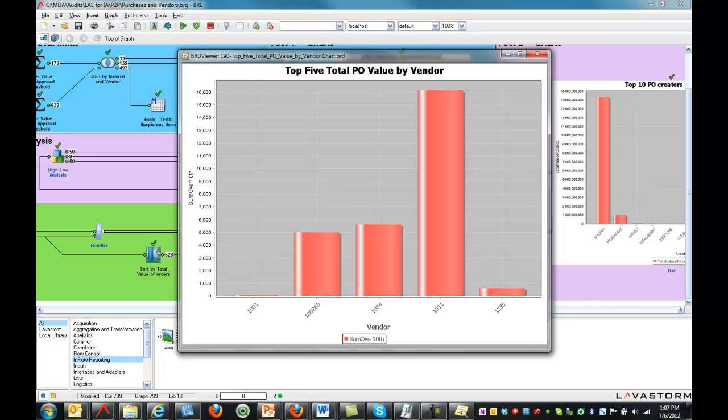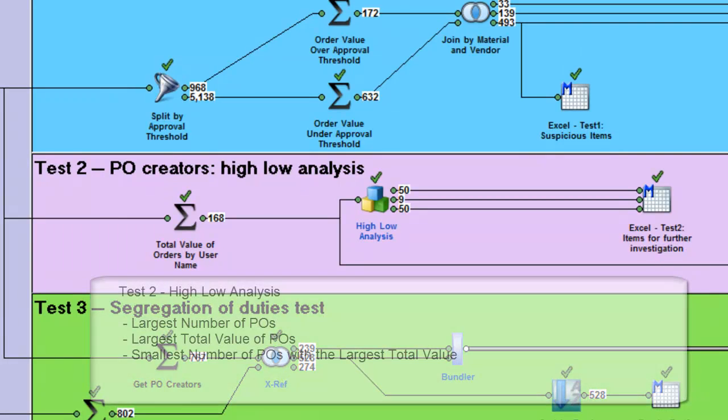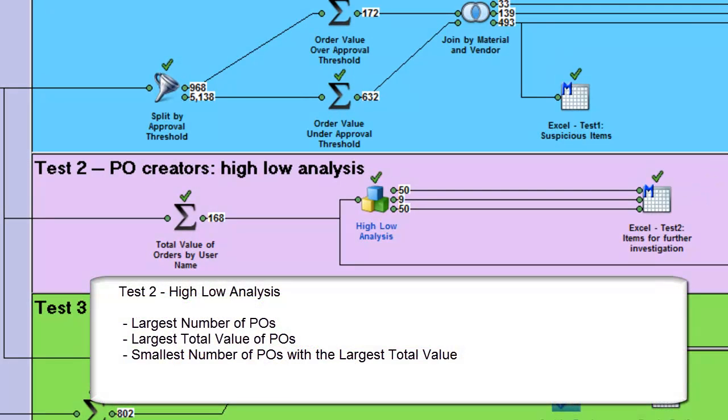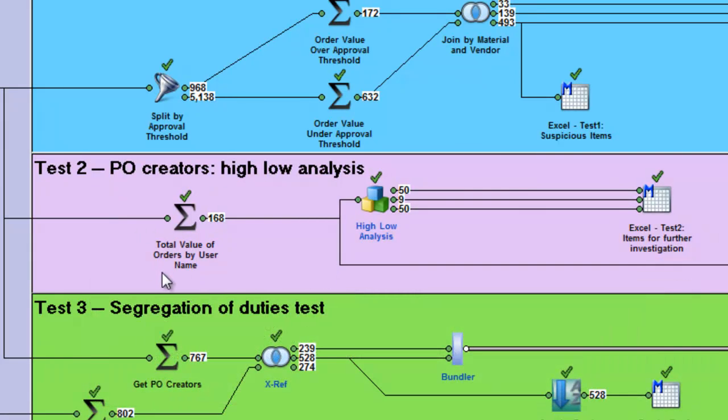any part of it. In the second test, we look for users that have created the largest number of POs, the largest total value of POs, and the smallest number of POs with the largest total value. To perform the test, the POs are aggregated by username to find the total value and the total count of POs for each user. The final part of the analysis is performed using a customized, reusable library node called high-low